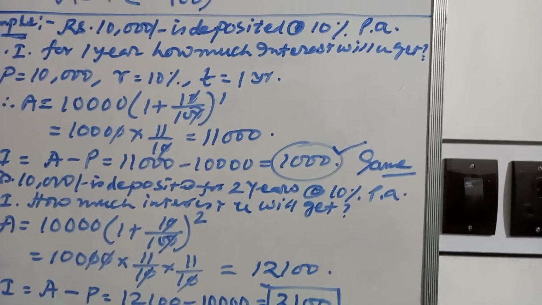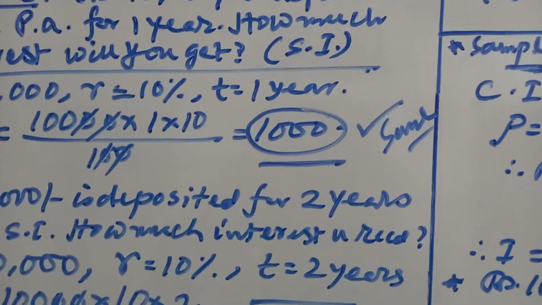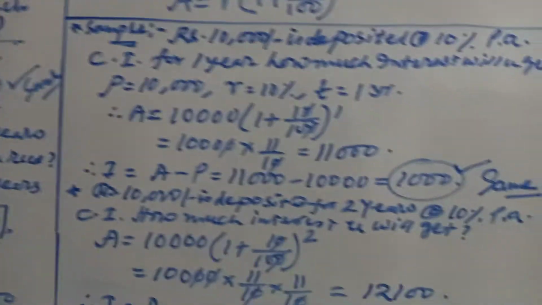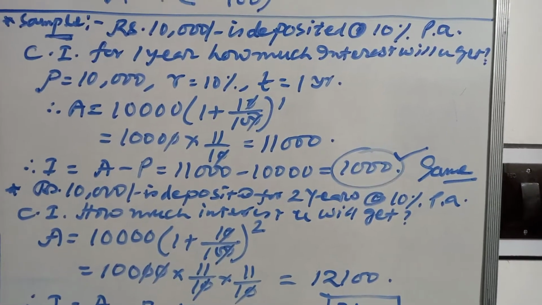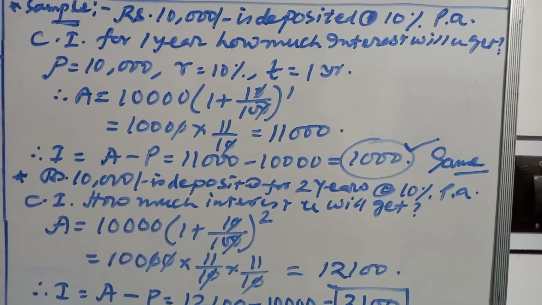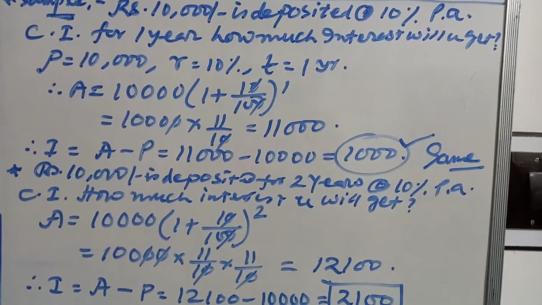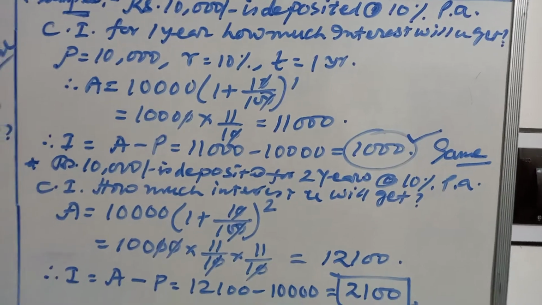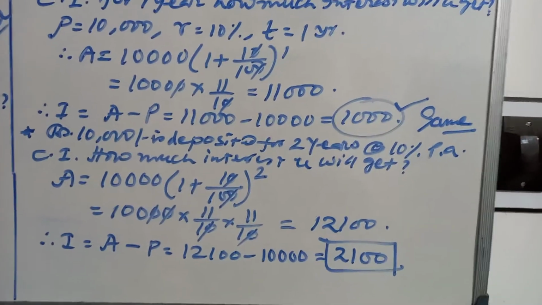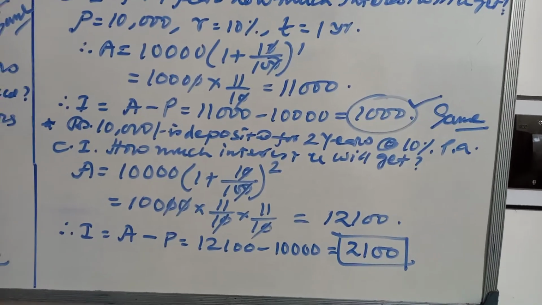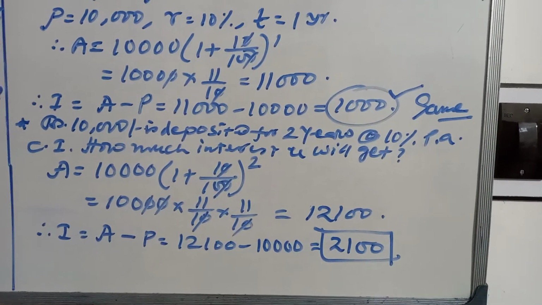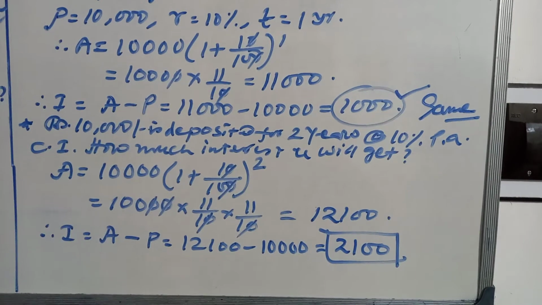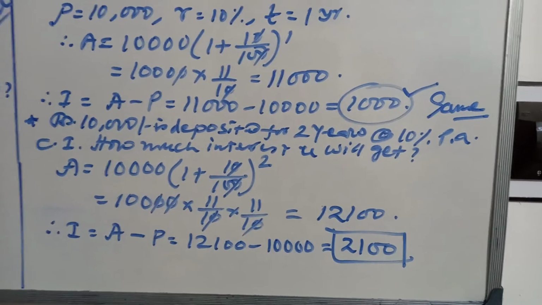See it. These rupees 1,000 is just same as SI rupees 1,000. That means there is no difference in CI and SI for the same rate of interest and for the same time span, for 1 year only, and for the same principal there is no difference. But the difference will come out now. If the same amount rupees 10,000 is deposited for 2 years at rate of 10% per annum CI, how much interest will you get? Now see it.